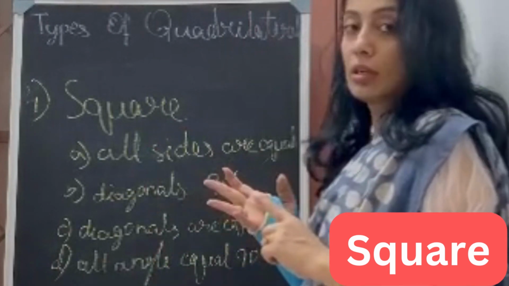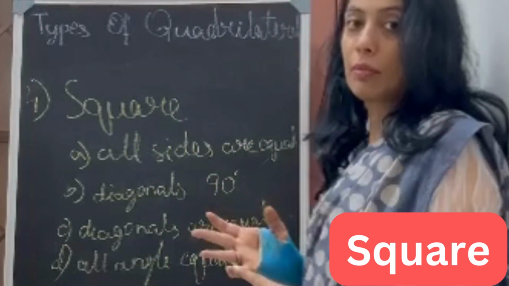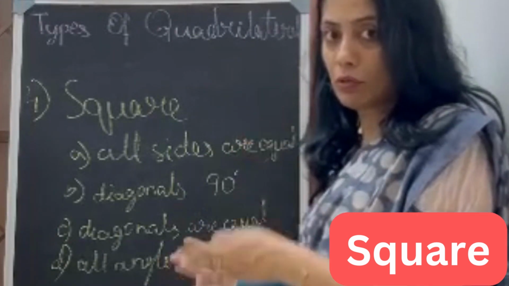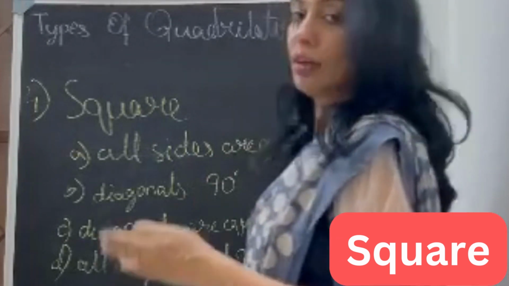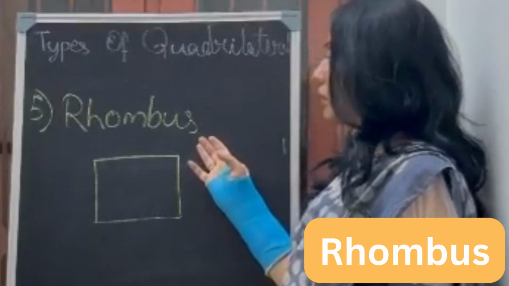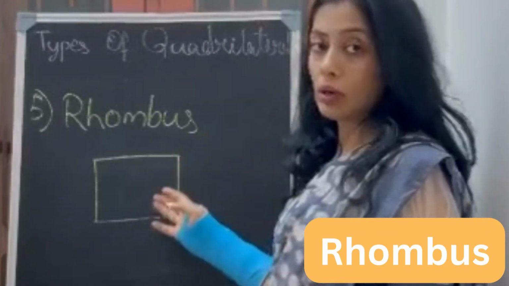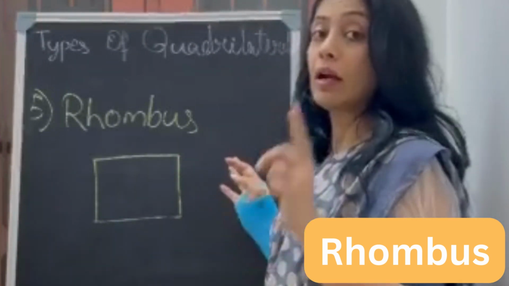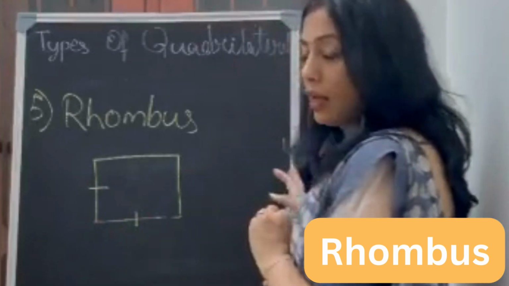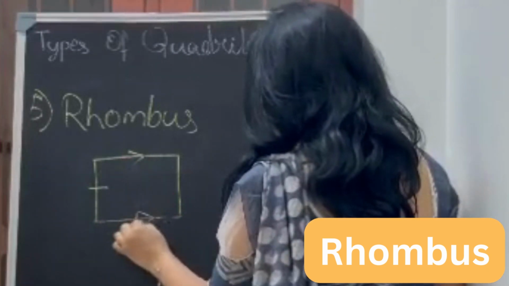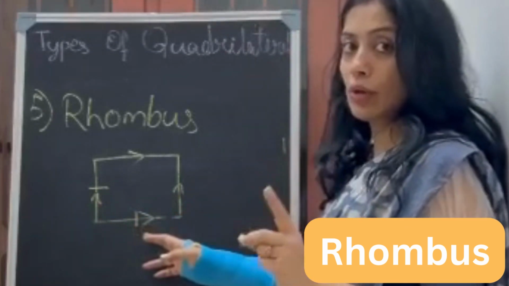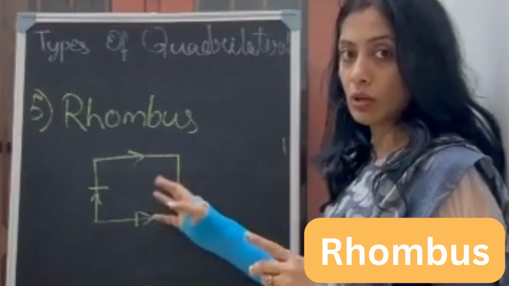So I finished trapezium, then I finished parallelogram. When I was telling you, please make a note of all the conditions so that you will remember how to solve the problems. You can read the conditions and it will be easy for you to solve them. The rhombus is the fifth type of quadrilateral. A rhombus is a parallelogram or a quadrilateral with any pair of adjacent sides equal to each other. So if I say this is equal to this, and this is parallel to this, then it is a rhombus.